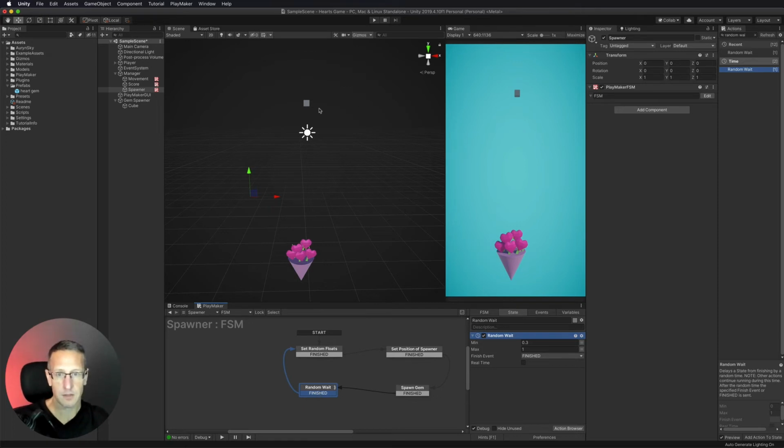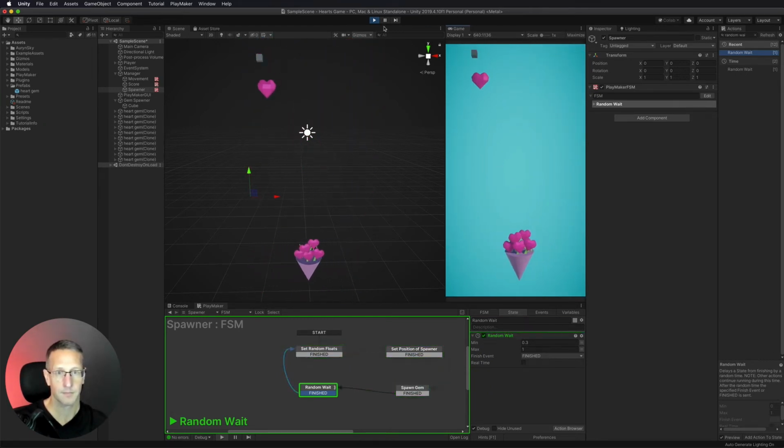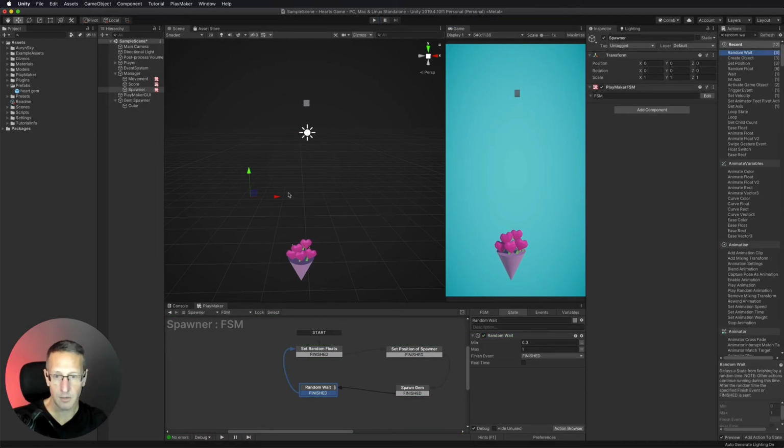So let's give this a try. So I'm going to go ahead and leave this box up here because it's going to show us where our spawner position is. And then we should hopefully see gems spawning all over the place within that little box grid. So that's spawning correctly, but the